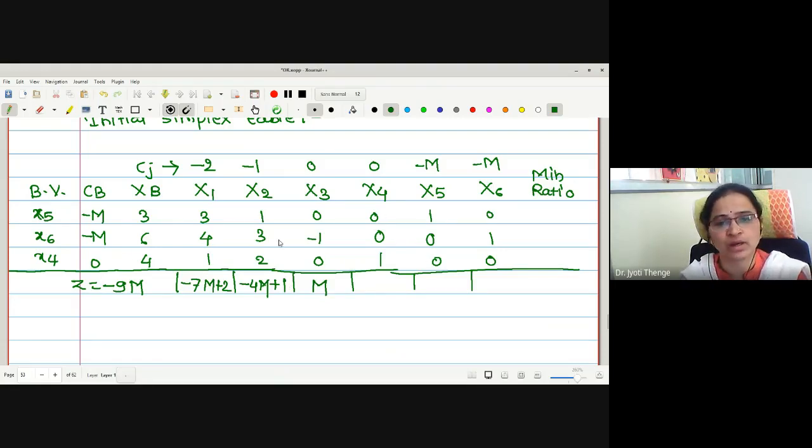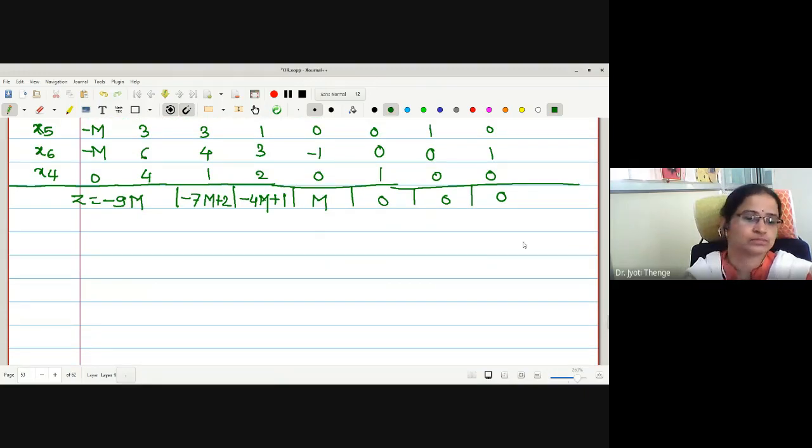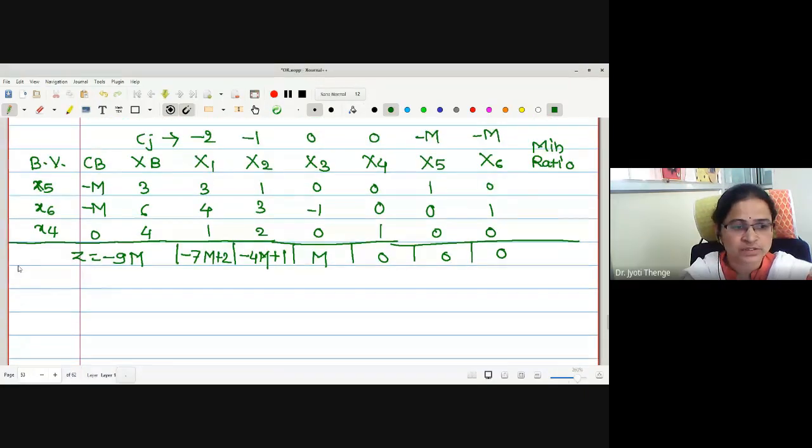Next, for the basic variables, it is going to remain the same, 0, 0, 0. Cost of the basic variable is 0, you may cross check. For x4, this is minus M into 0, 0, minus M into 0, 0, 0 into 1, 0, minus 0. For x5 also you can check. Minus M into 1, it is minus M. Minus of minus M, it is plus M. Minus M plus M cancels. The net evaluation corresponding to the basic variables is 0. Okay. Next step.